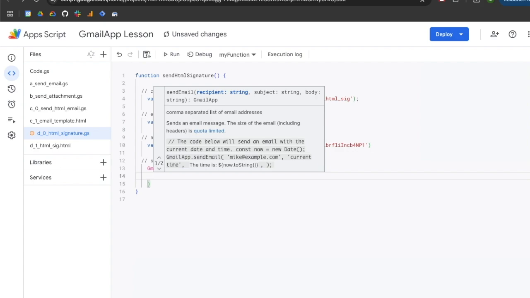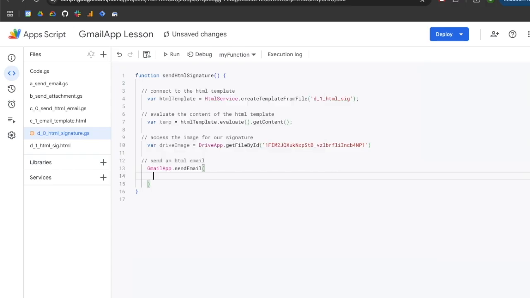So the first argument is the recipient, the person that you want to send the email to, and that needs to be structured as a string. So what I recommend doing is adding square brackets. This will allow you to email more than one person if you need to. So I'm going to email